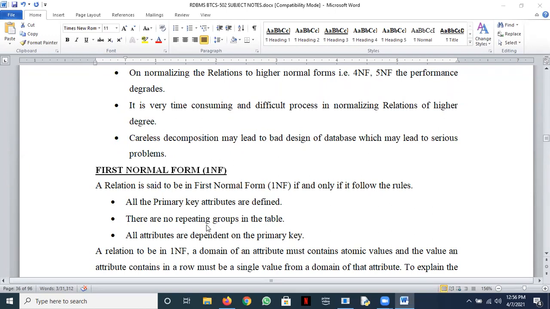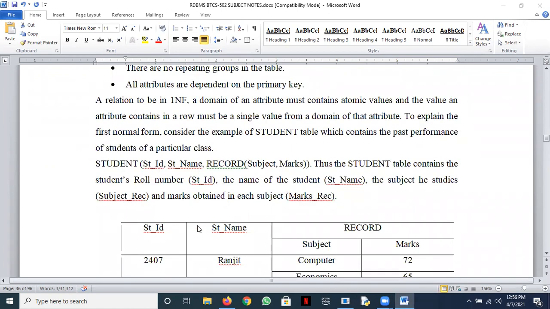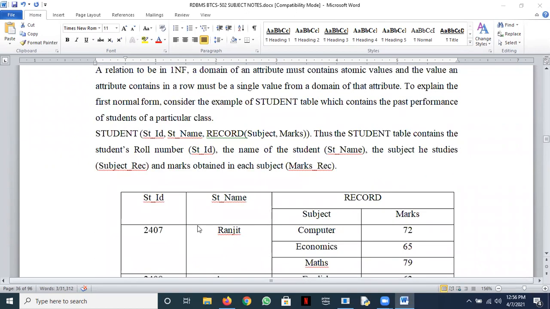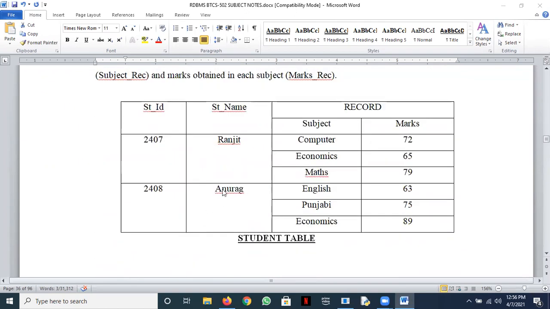A repeating group means that every row column intersection should have a unique value. We should not have multiple values at a row column intersection. Let's understand this with an example. We have this representation of a student: a student ID, a student name, and then the record of the student marks. Student ID is one column, student name is one column, and record is one column, which is further split up into subject and marks.